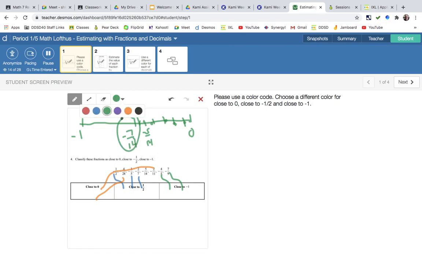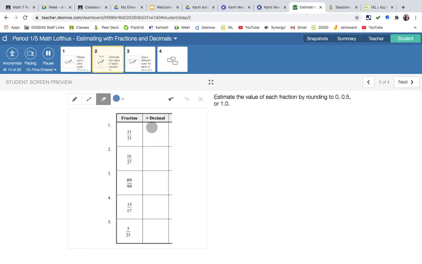So we will go with -1/2. And we have to write here 0, 0.5, or 1. So we'll say that's 0.5. Whoops, there we go. 0.5, 0.5, 1, 1,